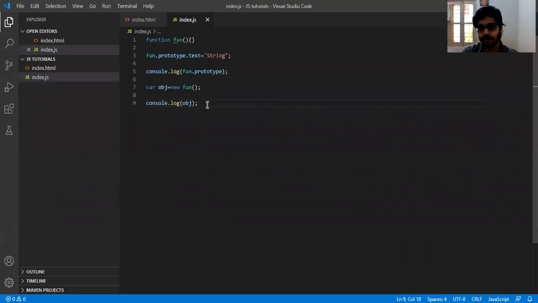Now, I wish to add another property using the constructor way, using the object obj.